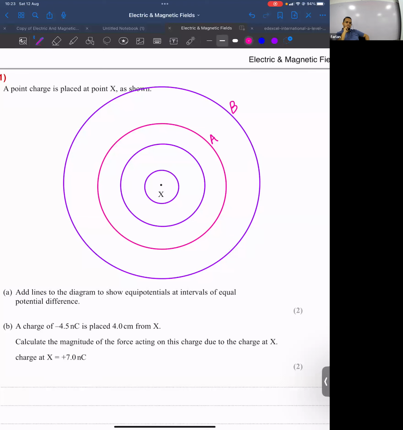Definitely B, sir. Which one? B. So that means in the earlier example I took, guys, between the first and the second one,